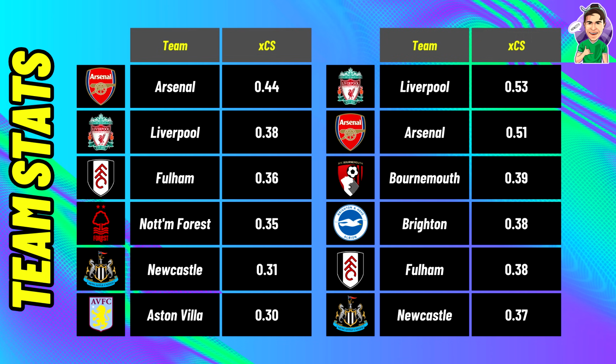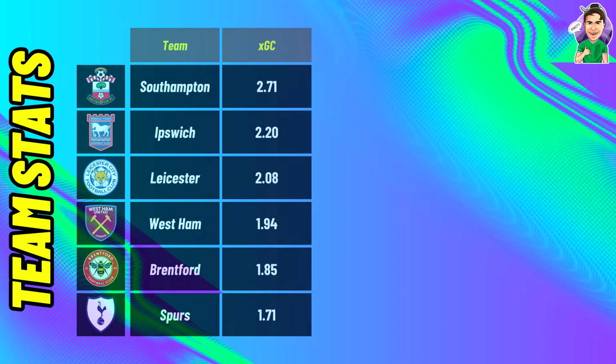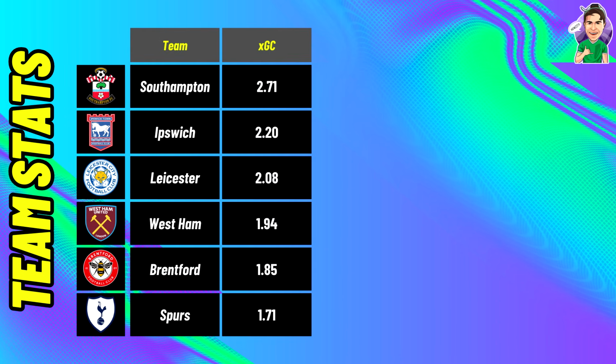So I guess that's the biggest takeaway. The Liverpool defense is rock solid, but Bournemouth are putting up some good numbers. Probably still going to captain Salah though. Now the worst defenses to target from an XG conceded point of view, it's going to be those newly promoted